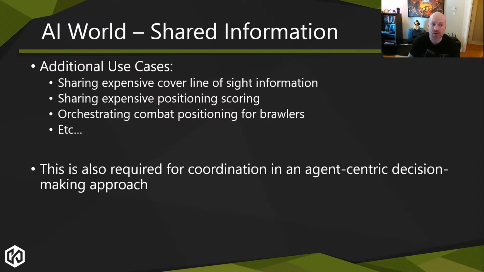So what can often happen is that you can generate the shared information and say, hey, there's a combat zone in this area. So I'm going to run in the background and start pre-processing line of sight information for specific covers where there's agents nearby. And basically, I'll make that sort of information available to multiple agents to use.